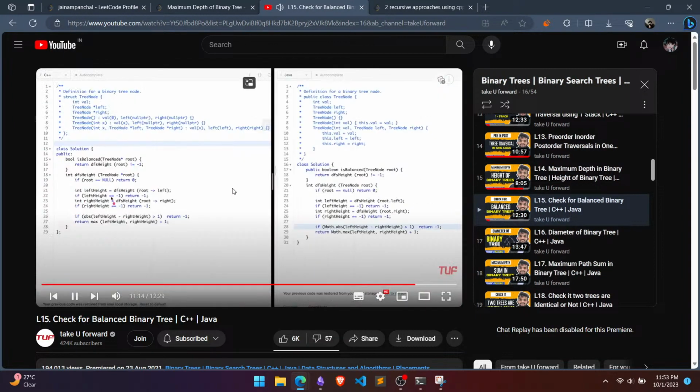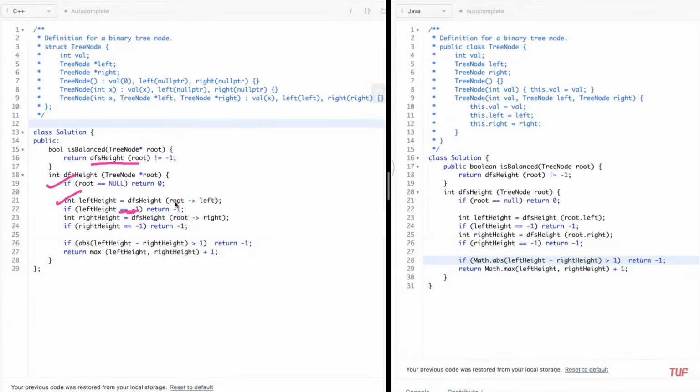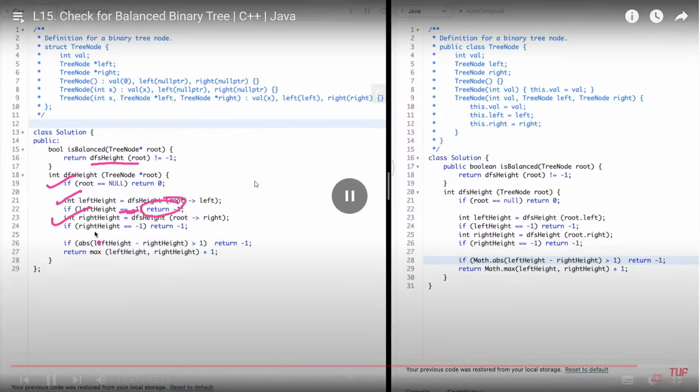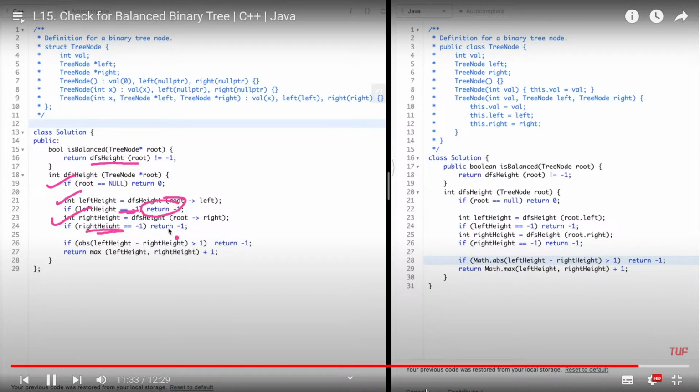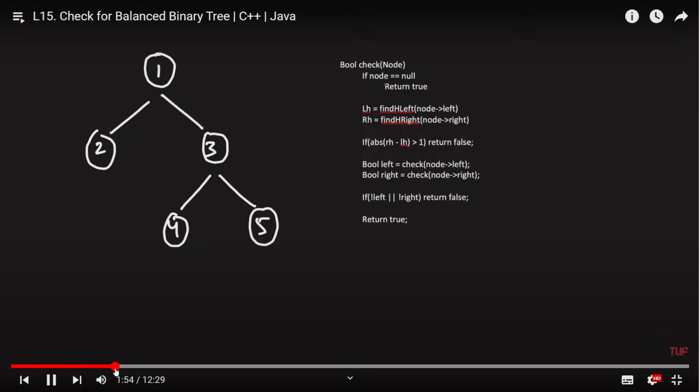So the C++ code is on the left and the Java code is on the right. Very simple. I call the DFS, like I call the function, and if it doesn't return -1, then it's a balanced binary tree. If it returns -1, it's not a balanced binary tree. Simple as that. Root is null. Left height, if by chance left height is -1, return a -1. Right height, if by chance the right height is -1, return -1, else if the absolute difference is greater than 1, return -1, or the solution is going to be very